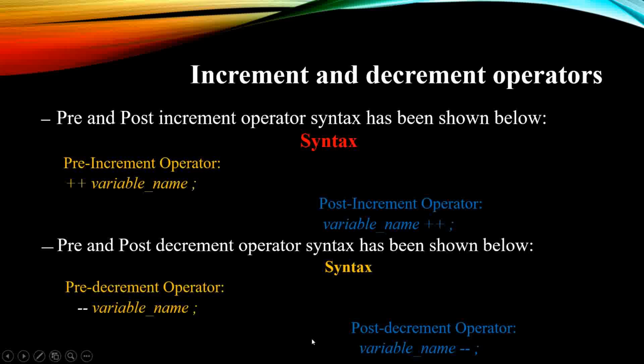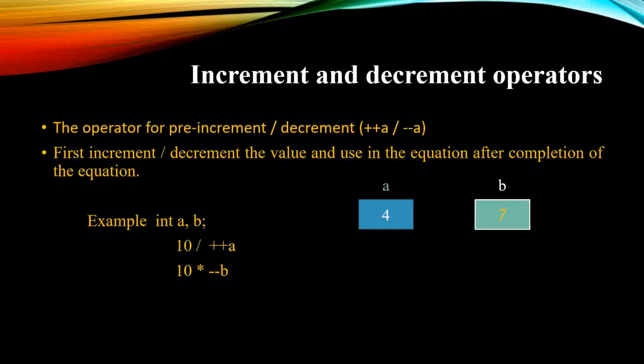So the variable may be a ሊሆን ይችላል፣ b ሊሆን ይችላል፣ or ደግሞ c ሊሆን ይችላል whatever ማለት ነው። Post decrement ከሆነ ደግሞ variable ይቀድማል just like this ማለት ነው። So variable then minus minus: a minus minus, b minus minus, c minus minus, or i, or j, something ማለት ነው። So ይሄኛው ምንድነው? General syntax of pre-increment and post increment as well as pre-decrement and post decrement ማለት ነው። አሁን ደግሞ በኤግዛምፕል እንያቸው እነሱ።